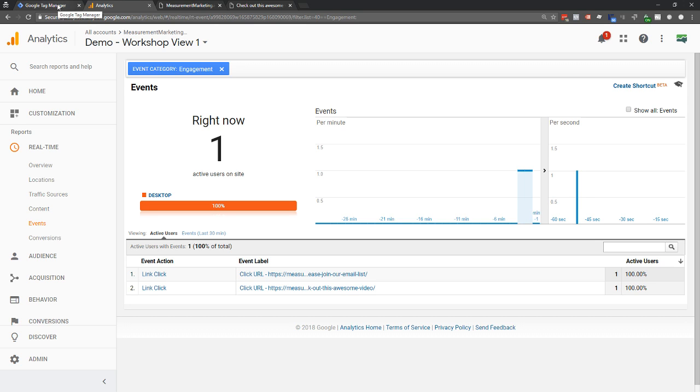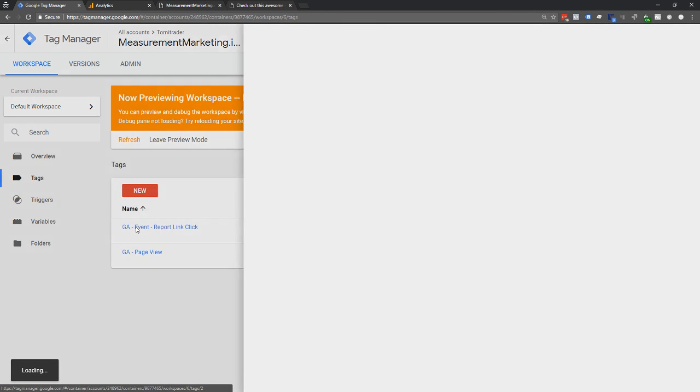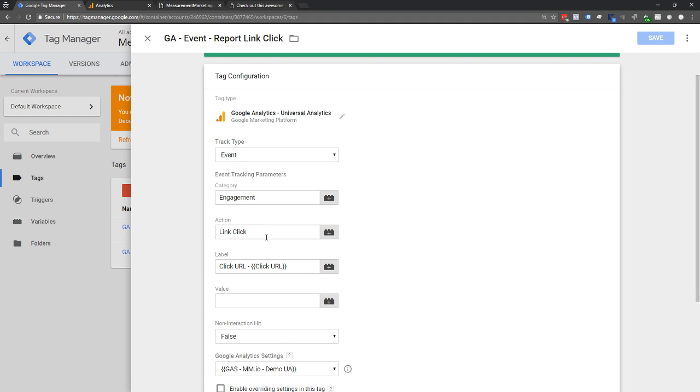So now Tag Manager is automatically grabbing whatever it can and passing through whatever it's supposed to. But I want it to pass through more information because I like my information being measured and stored in Google Analytics. So I'm going to go back and adjust this tag a little bit, just to show you some things we can do with variables. First is the URL. Then I'm going to add 3 dashes to give us a little separation. I want to know the click text. Fortunately, Tag Manager has a built-in variable for that.